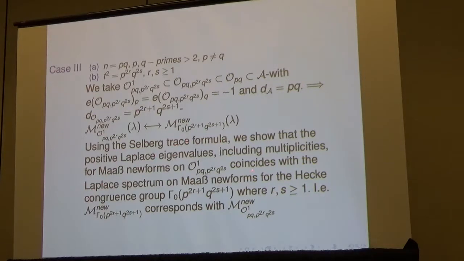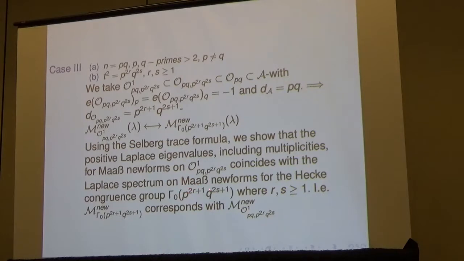So I have O1 PQ p^2r q^2s. This is an order of index p to the 2r q to the 2s in an order with discriminant PQ, and we can attach to that a congruence group